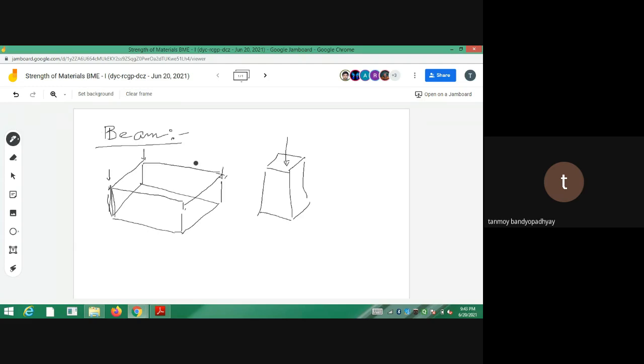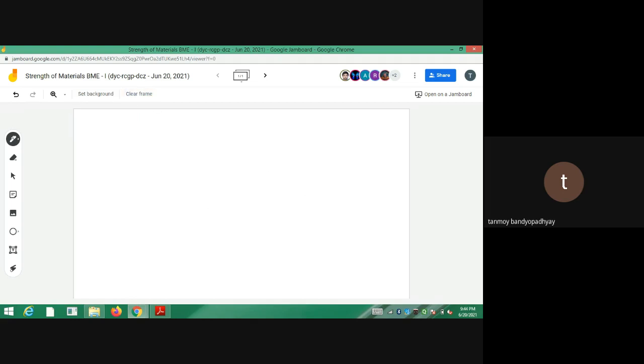If I now consider the beam, you can see that the beam is actually carrying a transverse load. How a transverse load? Now I'm drawing it for you. Whenever I consider the diagram of a beam, suppose I'm drawing out a beam. A beam is something like this. So this is the beam. Number one, the beam is a horizontal member. Number two is the longitudinal direction.